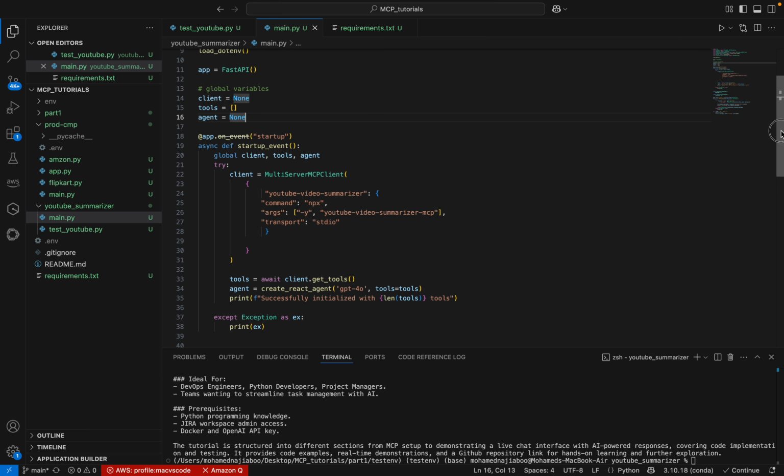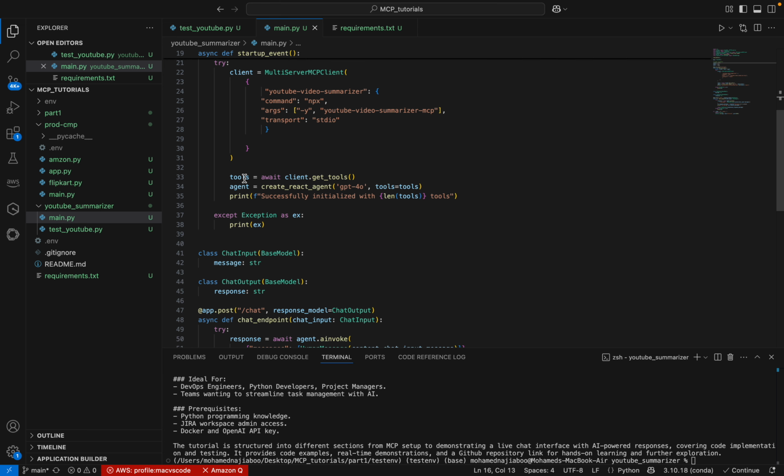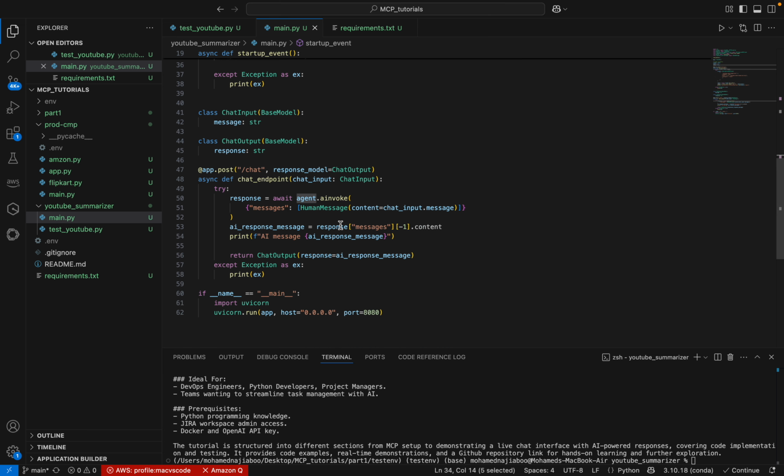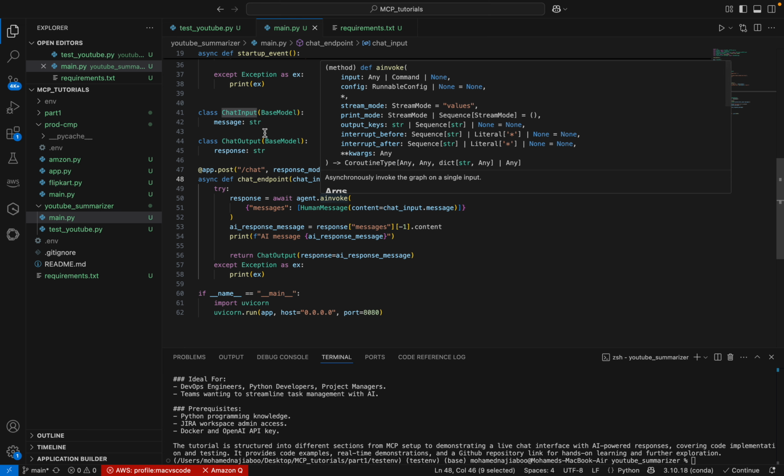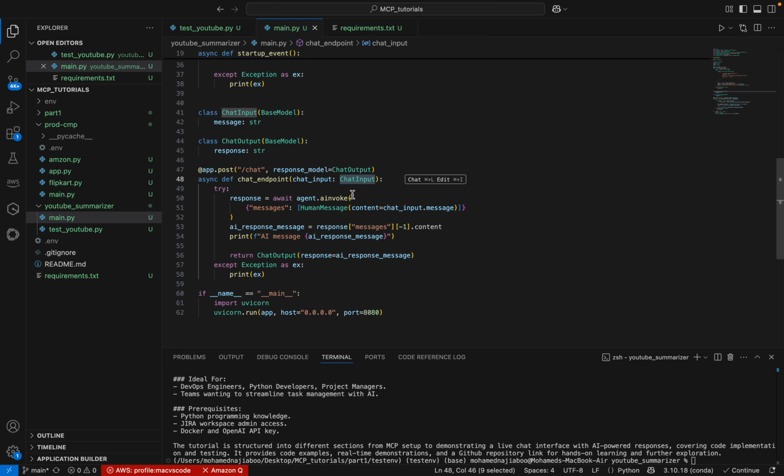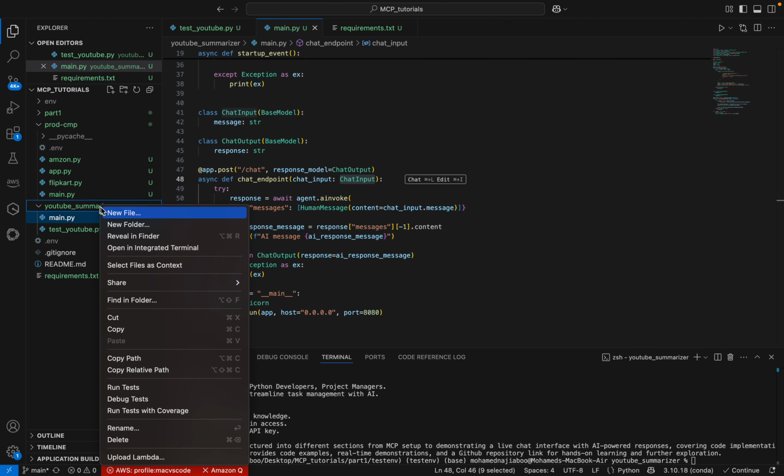Here we can see we are getting the tools and we are defining the agent. We have a single endpoint, the chat endpoint. We will be getting the request from the user through Streamlit. We will be invoking just like we did in the test YouTube file, running agent.ainvoke, and the response will be sent back to the client. So this is the FastAPI. Now we can see